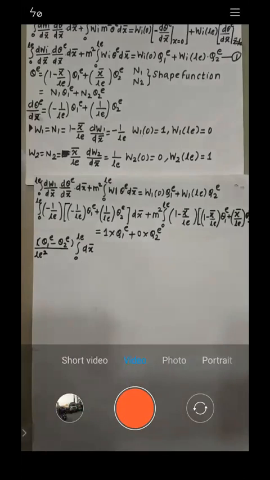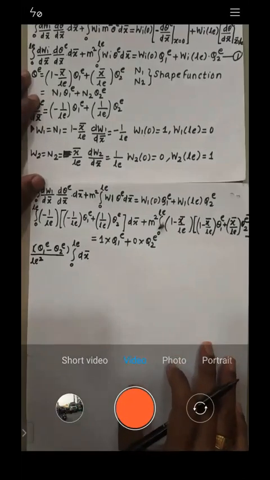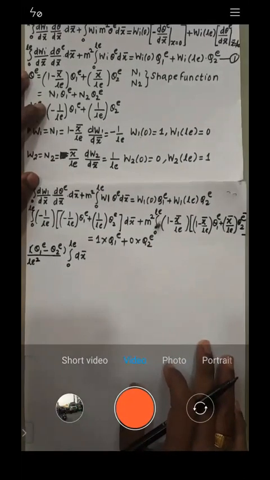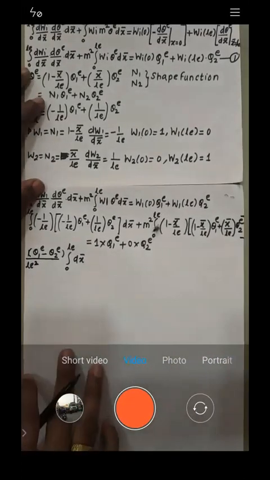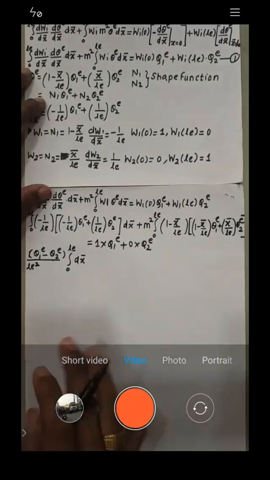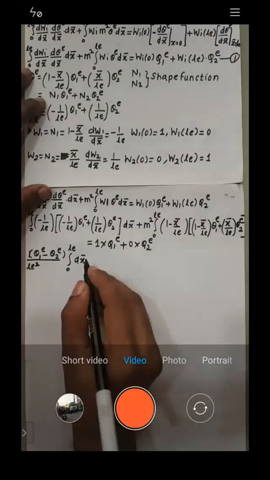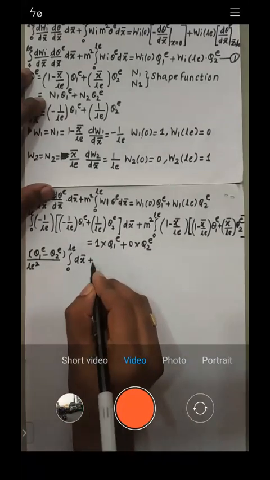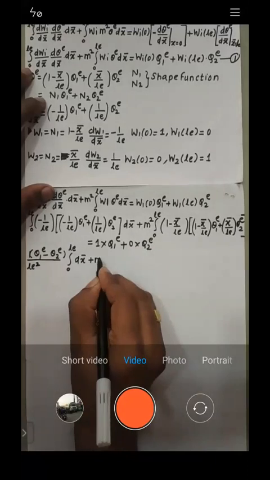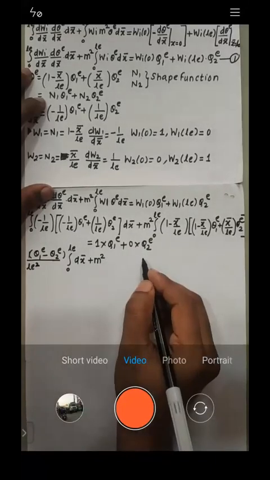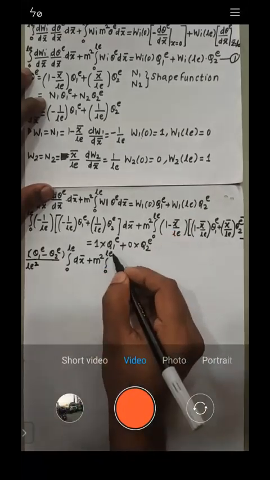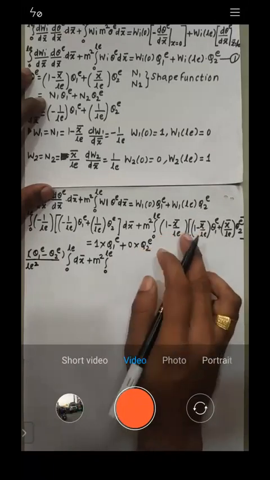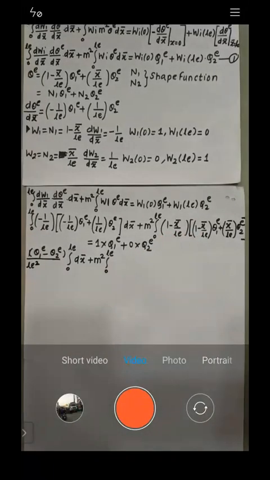Now you are at a certain level where you should be able to club some calculations. No need to necessarily write down additional steps. Within minimum steps you try to solve it, otherwise you might find it very complicated. So dx bar plus m square, 0 to LE. Now initially we are supposed to multiply it. Is it okay or not?